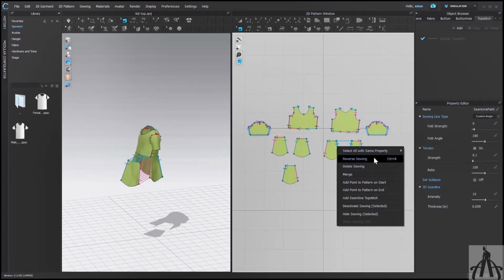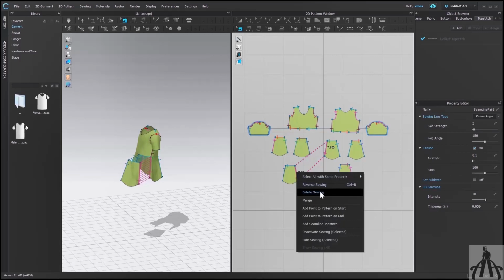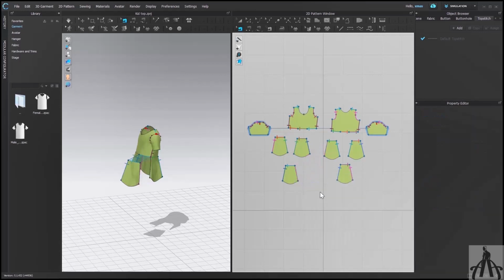To show you the use of this tool, I will select one sewing here. Either you can right click then Delete Sewing, or simply press delete on your keyboard after selecting that sewing. Now suppose we are doing a sewing and by mistake it twists like this. You can see a cross shape in both windows, which is wrong.